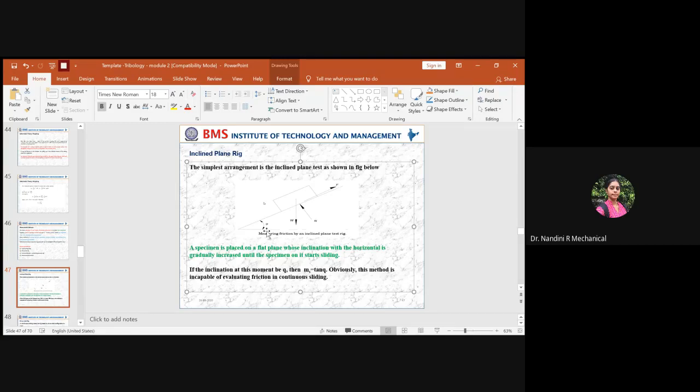Apart from that, we have studied that every block will have its self weight. So this will be the normal load W, and the block will be sliding down here. Due to this direction of relative motion, you will have the frictional force acting in the opposite direction. The self load comes straight down towards the earth due to gravitational force, but the plane on which the block is resting is not horizontal. So the self weight will be resolved into two components as per your trigonometrical concept, and then we will evaluate.